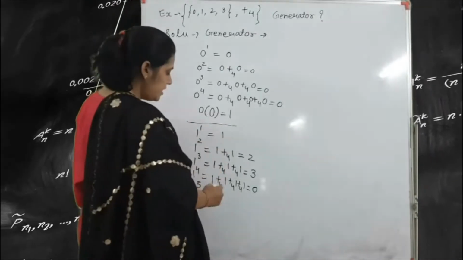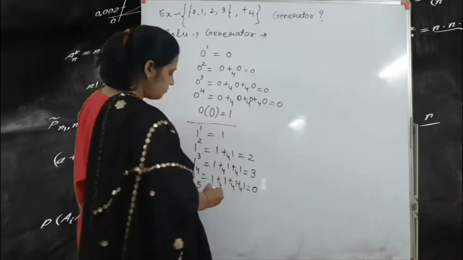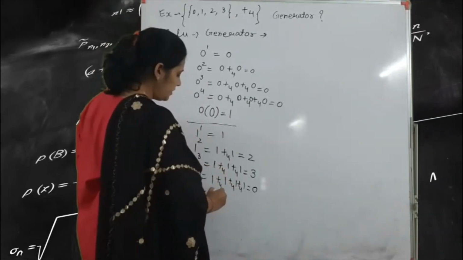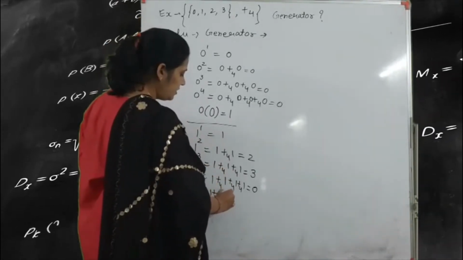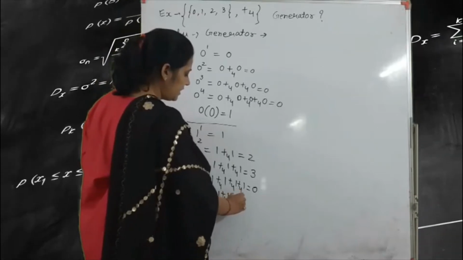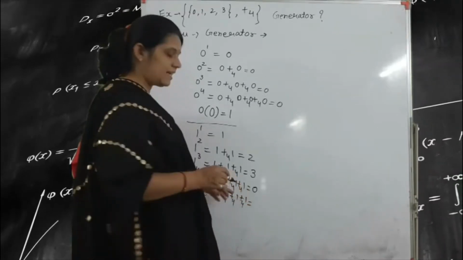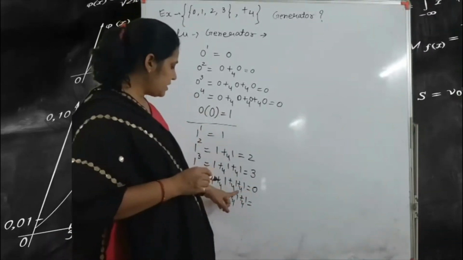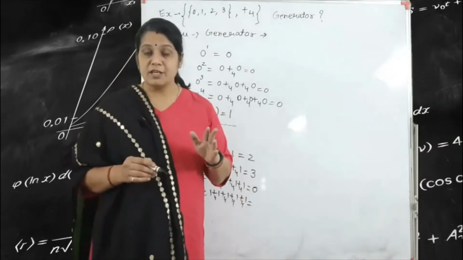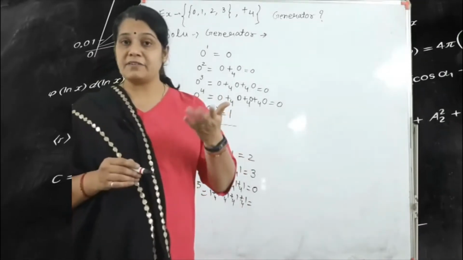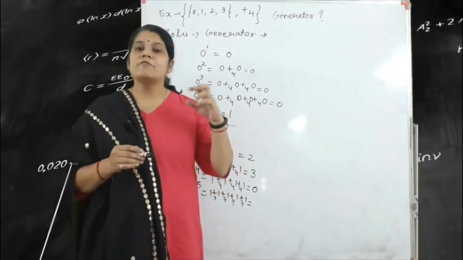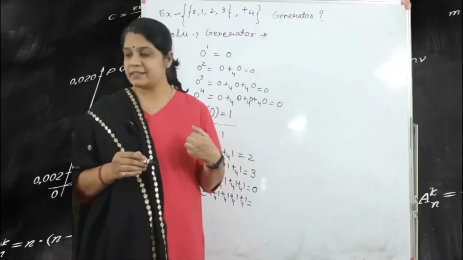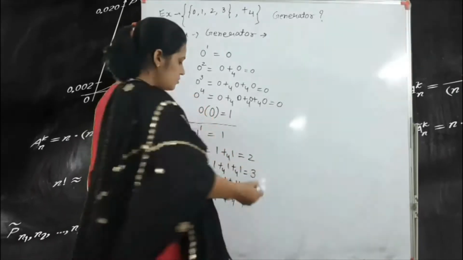For example, we write 1 addition modulo 4 1, addition modulo 4 1, addition modulo 4 1 and addition modulo 4 1. That means we write 5 times 1, so 1 plus 1 plus 1 plus 1 plus 1. That means 5. Because 5 is greater than 4, 5 divided by 4, the remainder is 1. So we write 1.